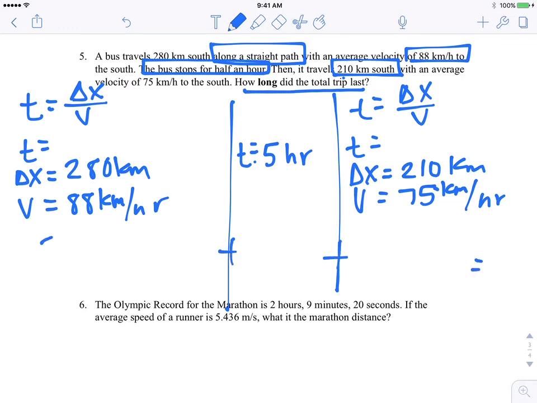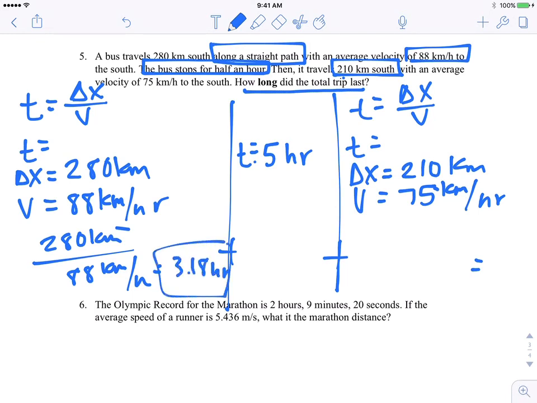Okay, so 280 over 88. And I end up with 3.18 hours plus 0.5 hours, right? And then we have 210 kilometers over 75 kilometers per hour. And I end up with 2.8